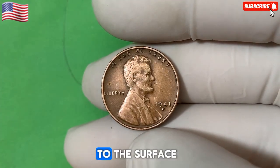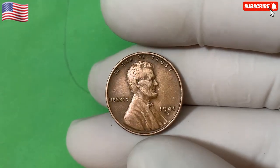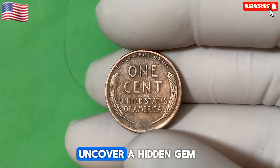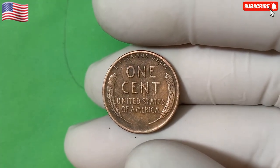Pay close attention to the surface. Look for shine. Look for sharp details. And if you think you have something special, get it professionally graded. You might just uncover a hidden gem, and now, the moment you've been waiting for, there is one known 1941